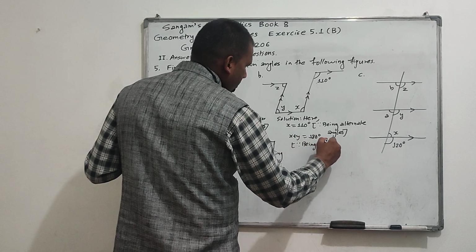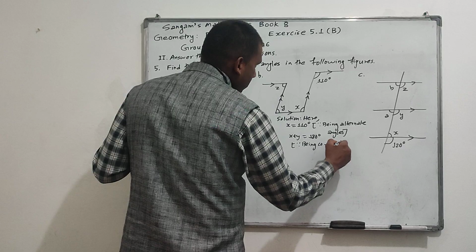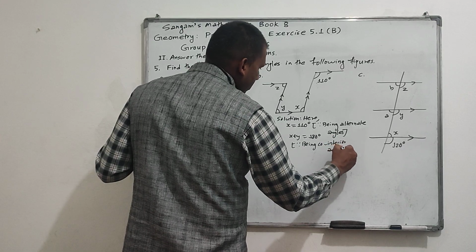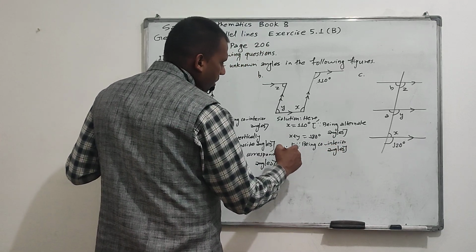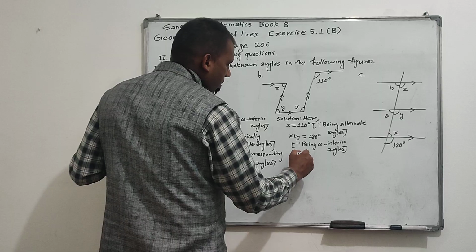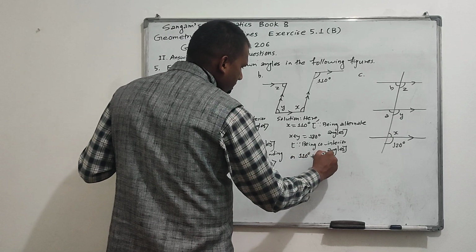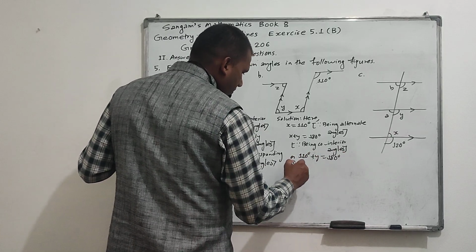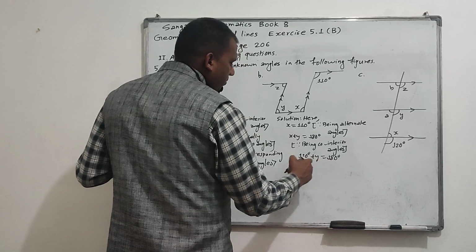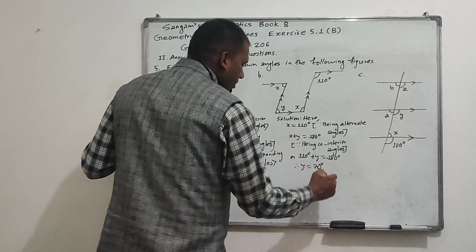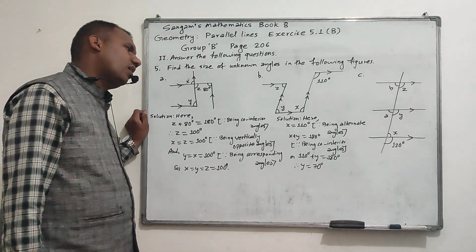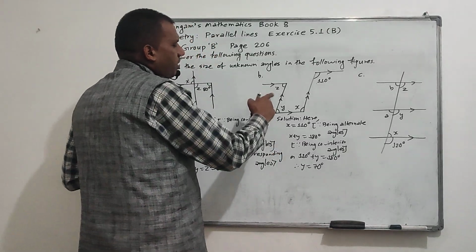Then x and y are co-interior, so x plus y equal to 180 degree, being co-interior angles. The value of x is 110, so 110 degree plus y equal to 180 degree. Therefore, y equal to 180 minus 110, 70 degree. Again we have to find z. z and y are alternate angles,